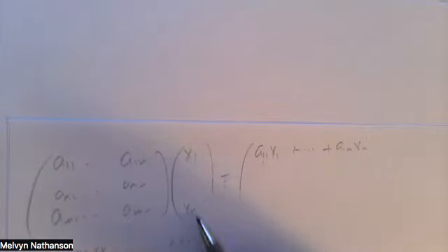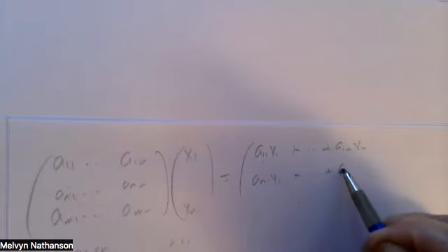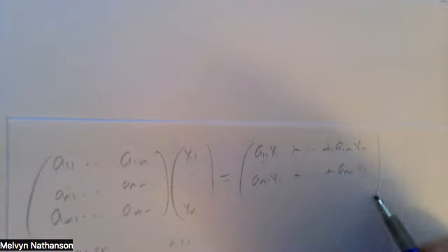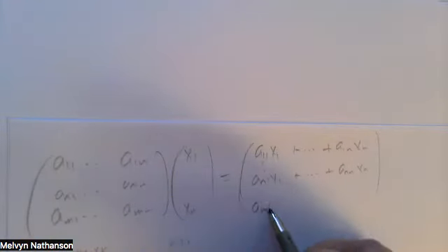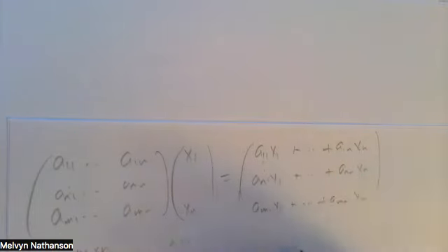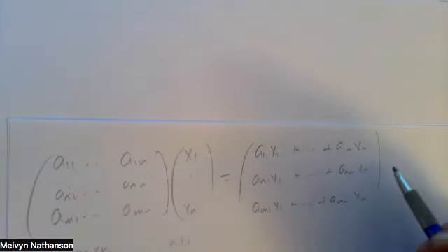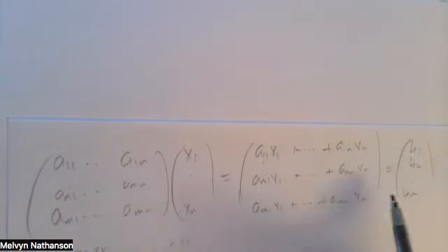When I do the ith row into this column, I get AI1X1 plus up to AIN XN. Down to the last row into this column, AM1X1 plus AMN XN. I get this vector. These are numbers. And my system of equations is exactly the equivalent of saying this is equal to the vector B1, B2 up to B sub m. Because to say this vector equals this vector means the coordinates are the same,